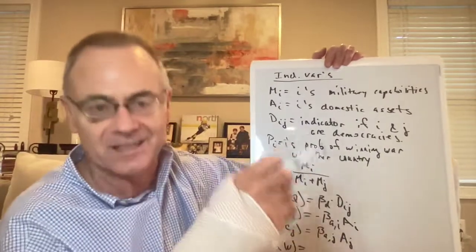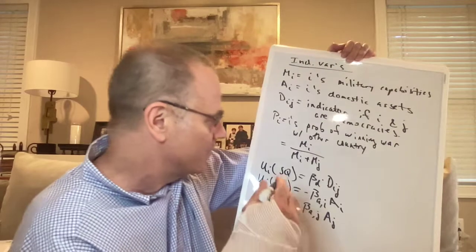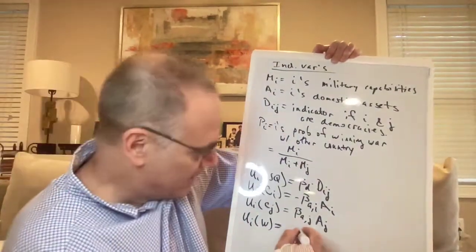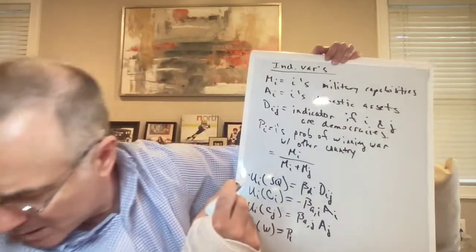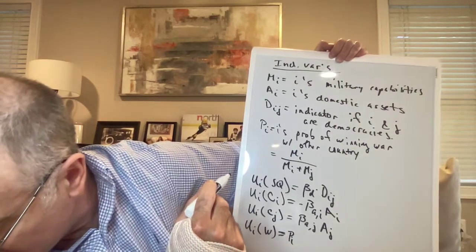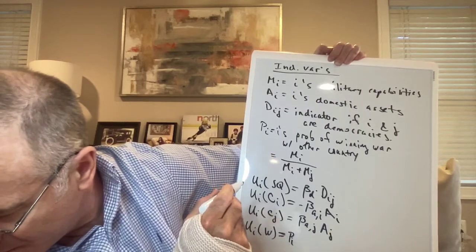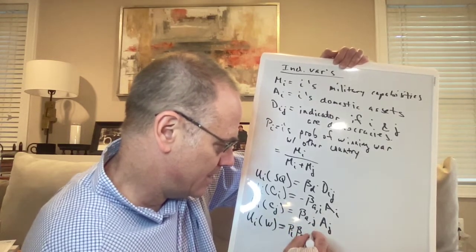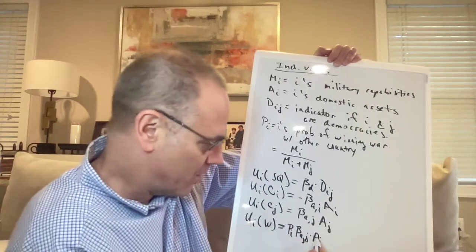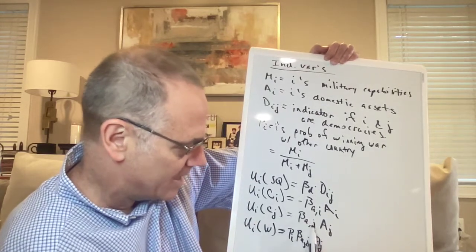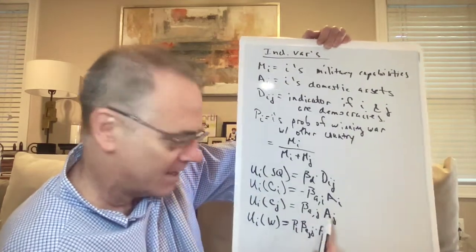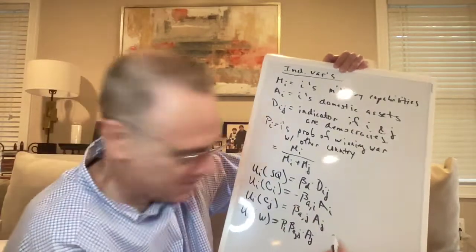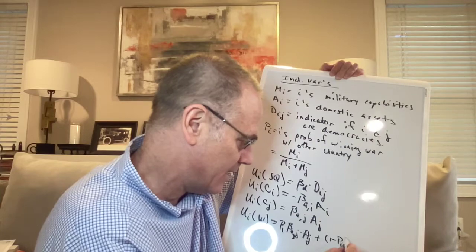So we're going to have your expectation of winning, which is a weighted average of pi times your benefits if you win, times 1 minus pi, your cost if you lose. So this is going to be pi times beta A sub J times A sub J. So if you win, you get this term, beta A sub J times the assets of the other guy. You steal his assets, and then if you lose, so 1 minus pi, weighted times